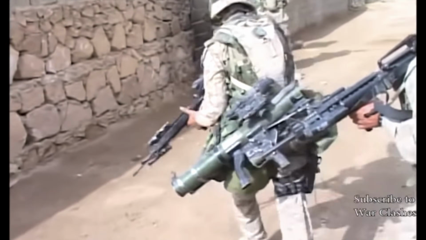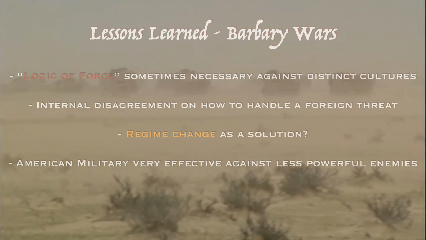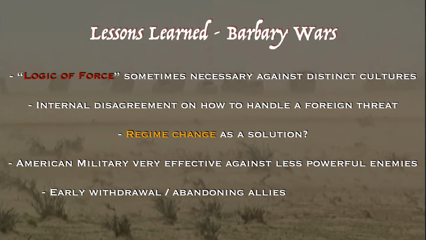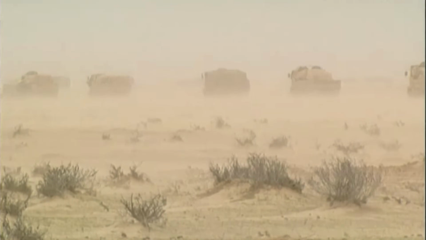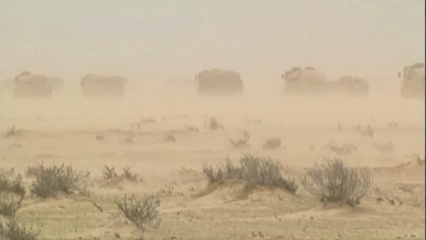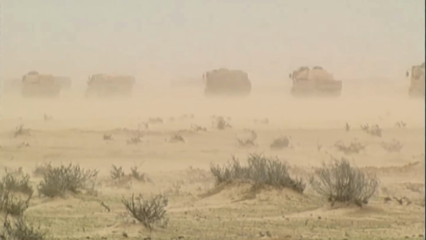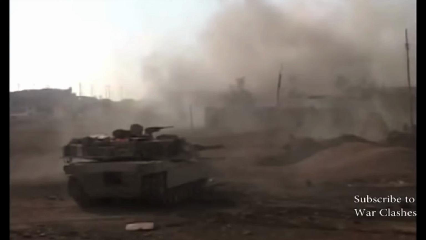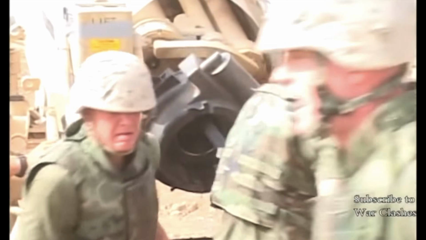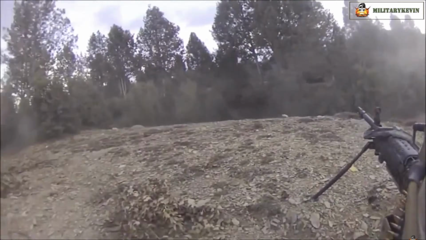Speaking of recent conflicts, especially Iraq and Afghanistan, we can see another parallel: the perils of withdrawing too early. Once again, both Iraq and Afghanistan were indicative of what can happen here. In Iraq, US forces withdrew in 2011. However, the nation was still extremely unstable, and not long after, ISIS began to take over large parts of Iraq, prompting US forces to enter yet again. In the case of the Barbary Wars, the US's withdrawal before full victory allowed the Barbary states to resume hostilities years later, prompting the US to once again use military action in 1815.